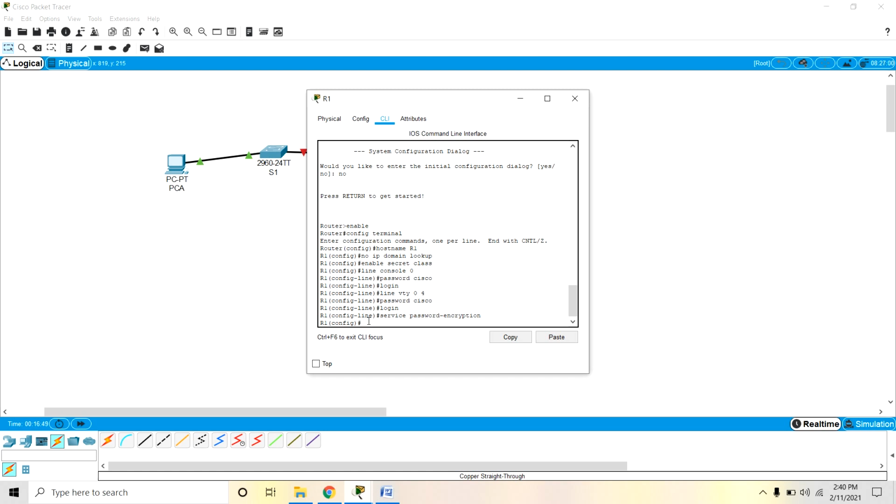So by using the command banner motd, where MOTD indicates the message of the day, you can use the dollar symbol as a delimiter: Authorized users only.